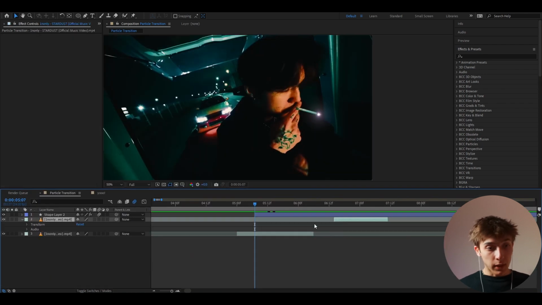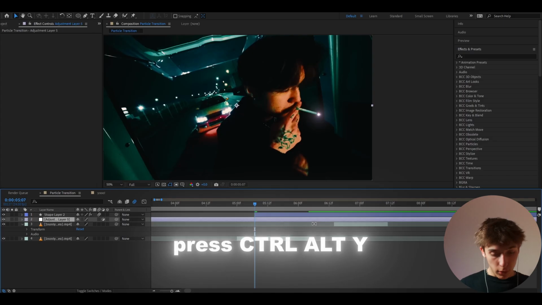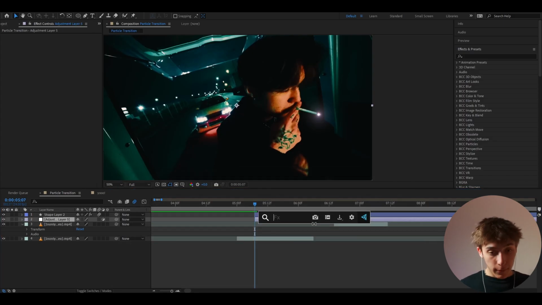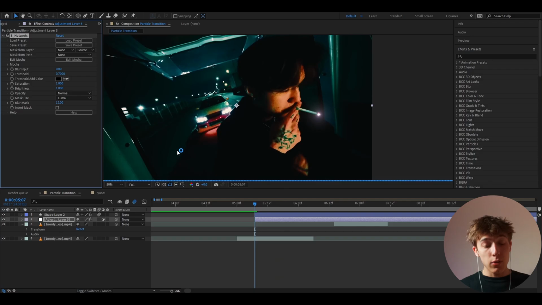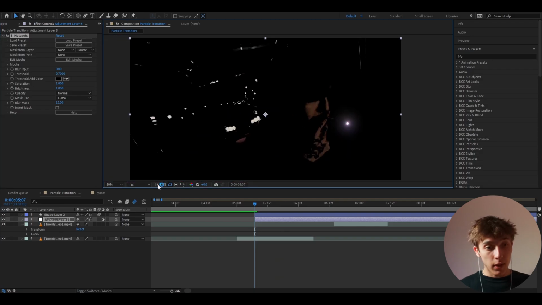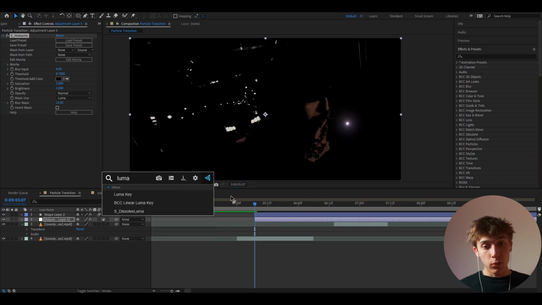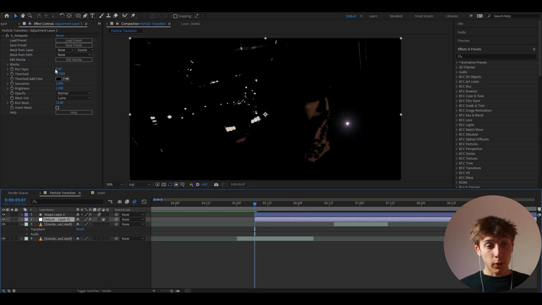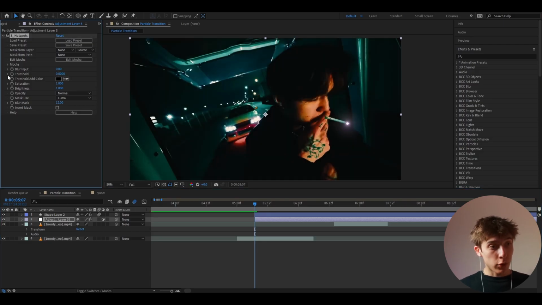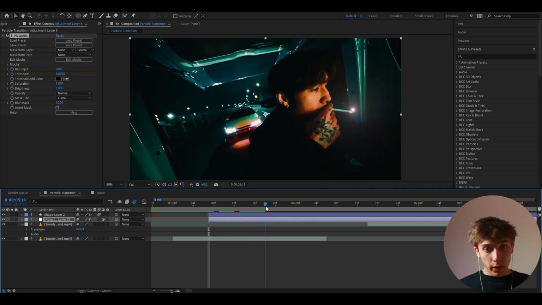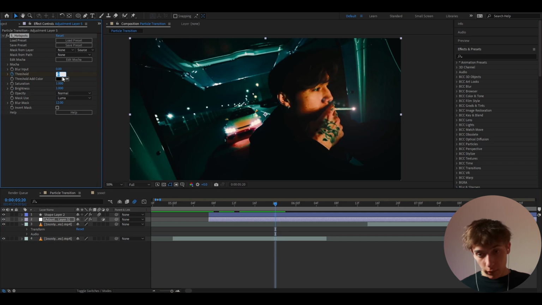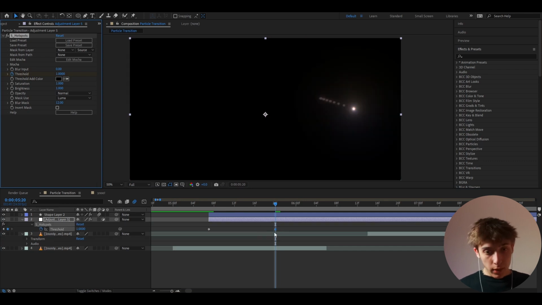All right, and that's pretty cool. And now on top of the clips but below the shape layer, we can press Ctrl+Y, and here we can add an effect called AS Hotspots, which does require the Sapphire plugin, but you could add different effects than this one. For example, Luma Key, and use it kind of like the AS Hotspots, but if you do have the Sapphire plugin, then let's just have the AS Hotspots. So to start, let's make the threshold 0, but then go to where our orb starts to move. So at this keyframe it starts to move, so before it, it's right here. So we can make the threshold right here like 1 and press U, and here we see all of our keyframes,